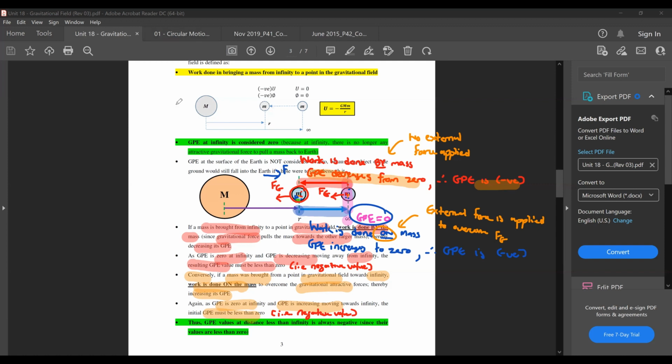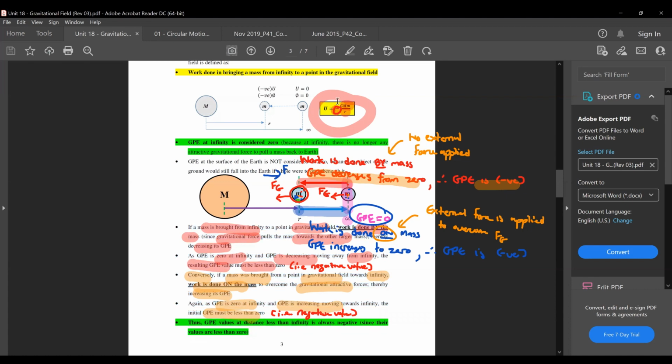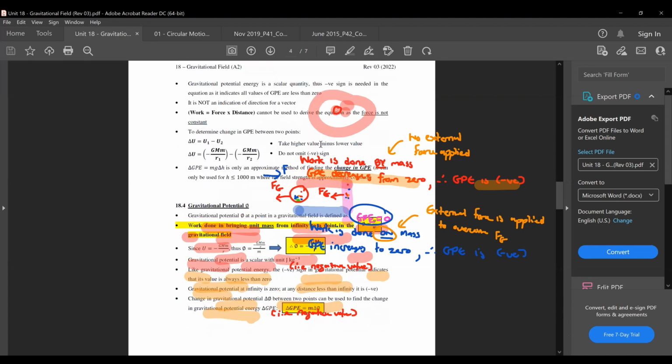That's why, if you want to find GPE values at any point, you just use this equation, and that equation has a negative sign to it to tell you that GPE value is negative. So you want to find GPE values at a point, you will need to use the equation U equals negative GMm over r. The negative sign here is meant to tell you that GPE value is negative, like what I've just explained to you. So when you do calculations involving GPE, always make sure to put in the negative. The negative sign is actually pretty important.